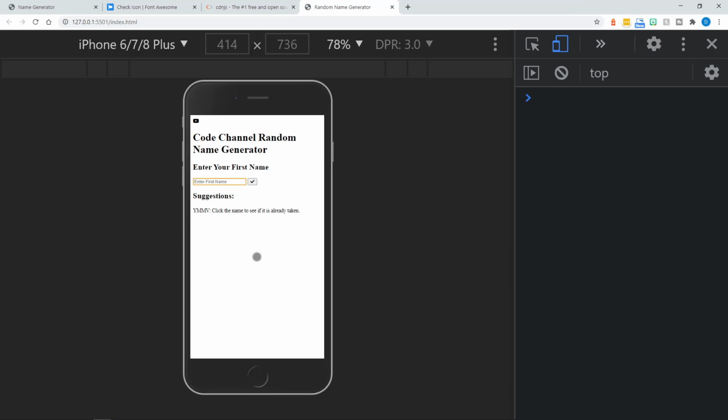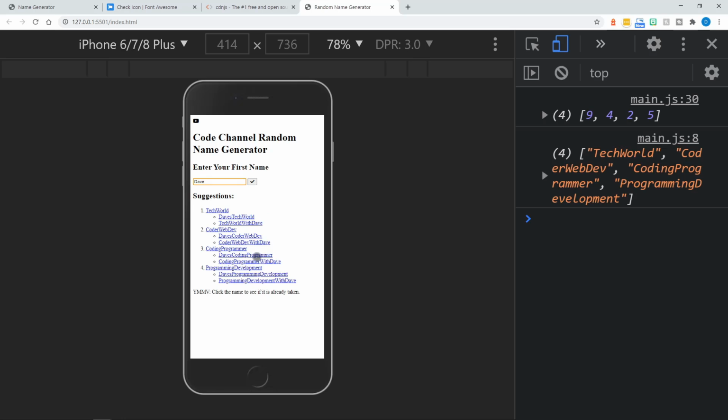And let's try this again. We have Dave. There we go. Just 2 list items per 1 ordered list item, 2 unordered list items. And so now we've got everything we expected, except there's one thing that we haven't done yet, and that is